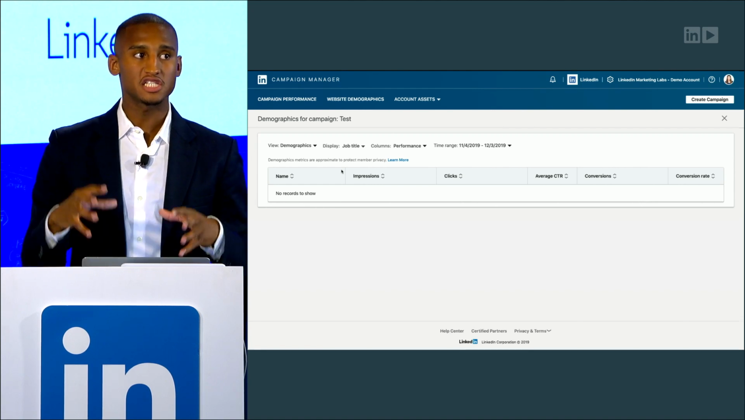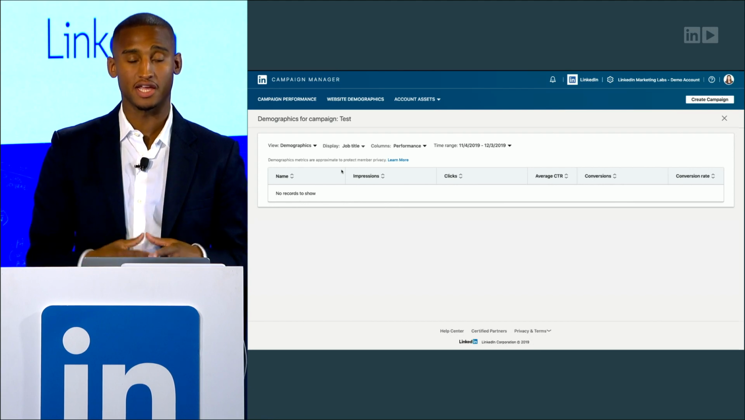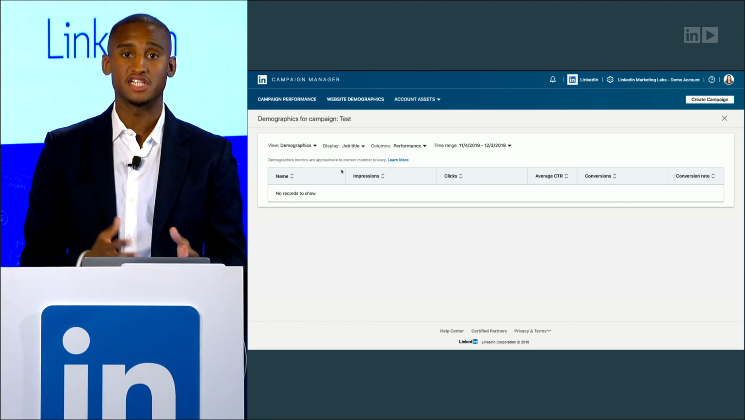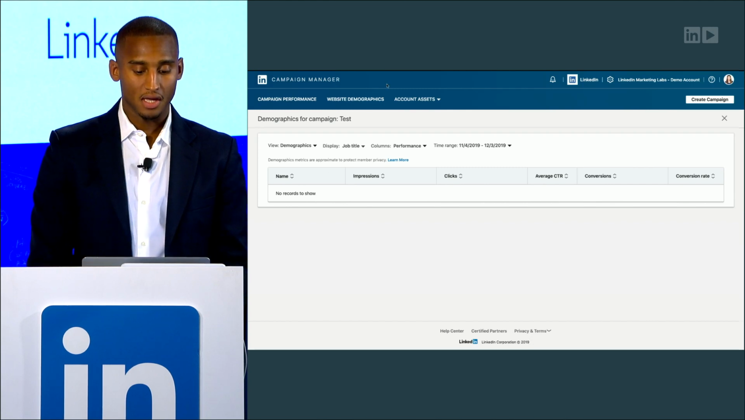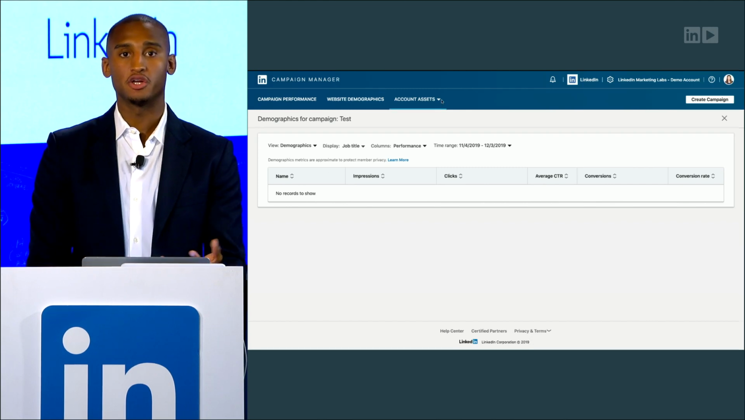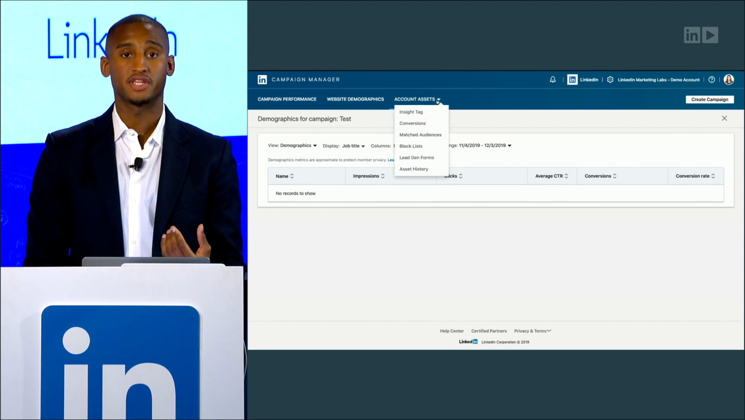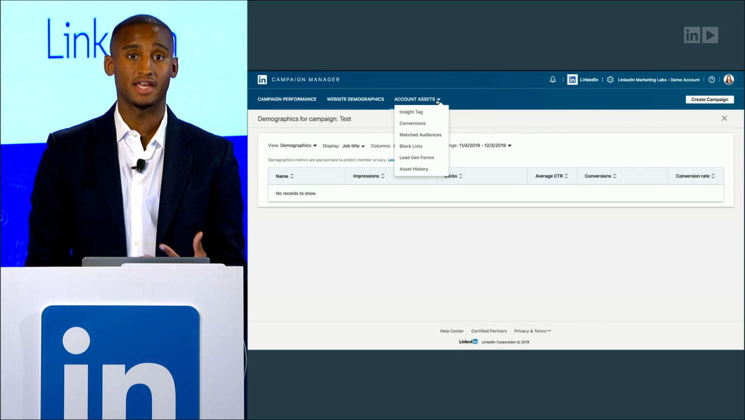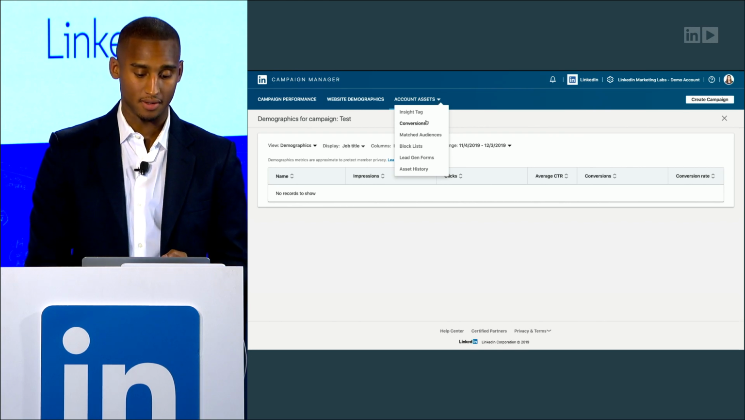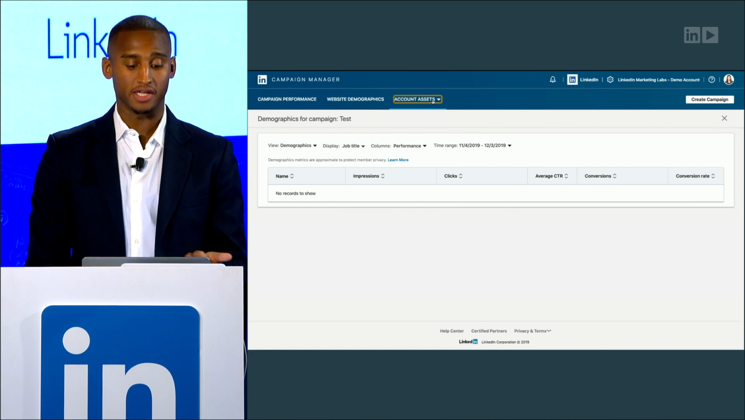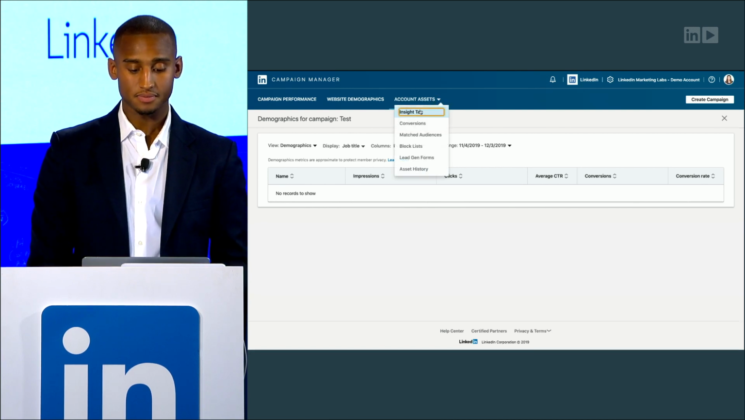So, this is really just a gut check to let you know, are you on the right page or not, and what optimizations you need to make. Now, one last thing that I want to show you, because I mentioned the insight tag, I do want to show you where you can go to make sure that it's set up correctly, and then also where to set up conversion tracking. So what you do to get to the insight tag is you click account assets and click